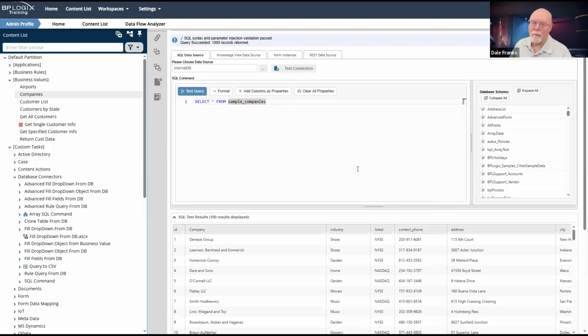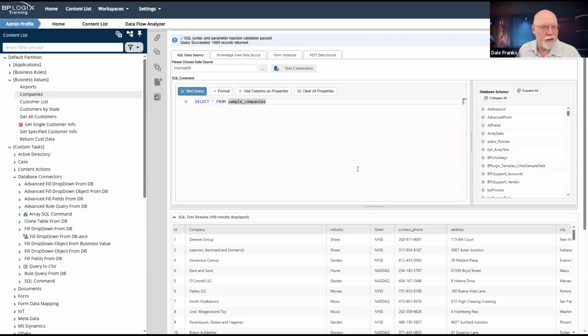If I put a delete command there, or an insert command, or an update command, it will run. Not only will it run, it will run every time an end user invokes that business value. So if you have that business value on a form and an end user invokes it, it will delete the data. By placing an update, insert, or delete statement in a business value, you are giving every user who might possibly access that business value, even indirectly, via making a change to a form or via some value coming up as true inside a process timeline, anything that invokes that business value is going to run that SQL statement.